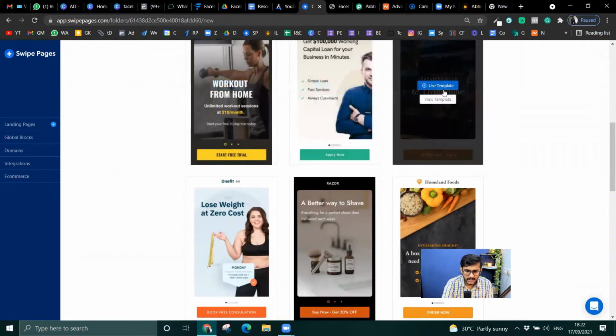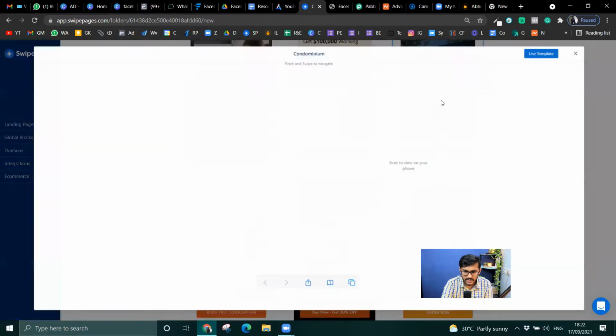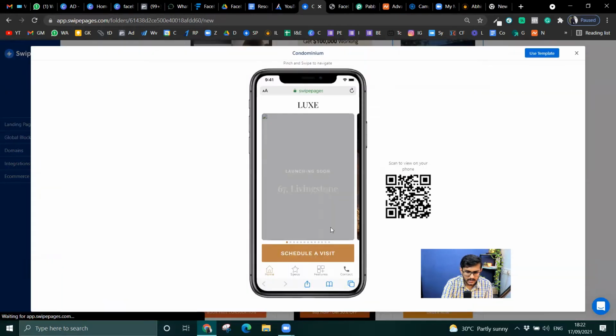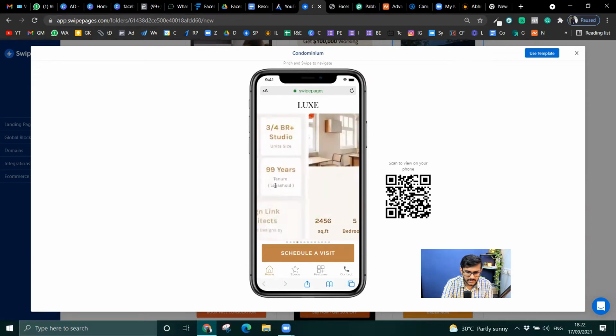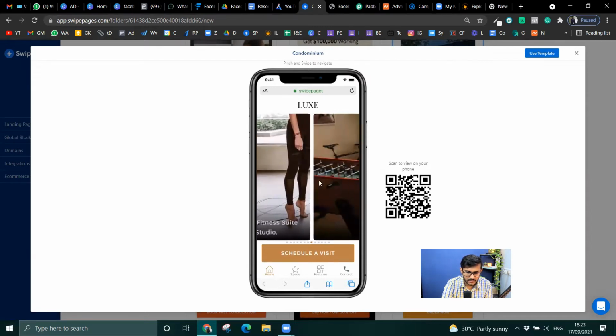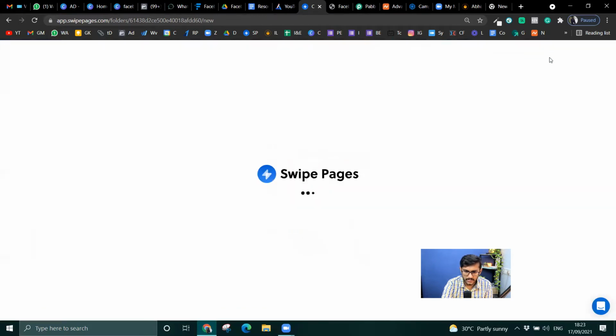So let's just try it. Okay, this is something simple, I like it, a three slider. Let me view the template. Okay, cool. Three pictures and four options, and the logo and header. Use this template.